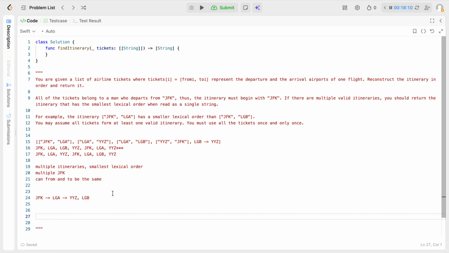We can assume there's at least one valid itinerary. You must use all tickets once and only once. So if we do a depth first search on JFK and go that path, if we come to a scenario where there's multiple, okay, well